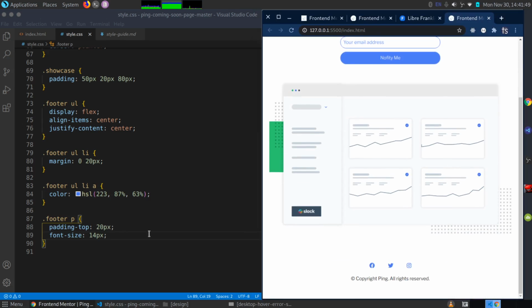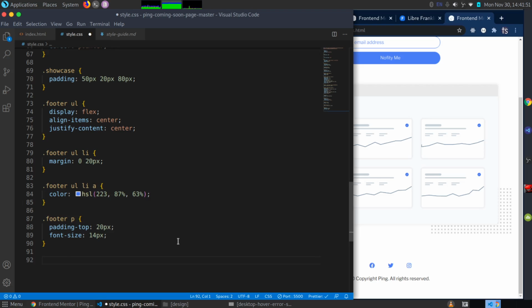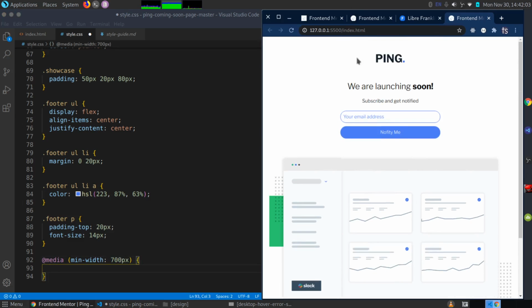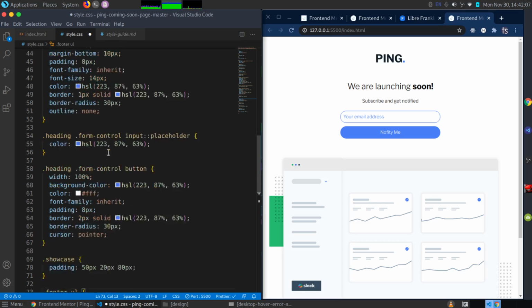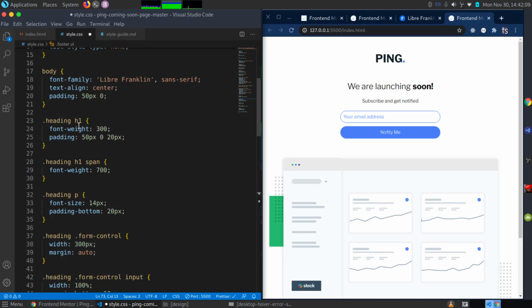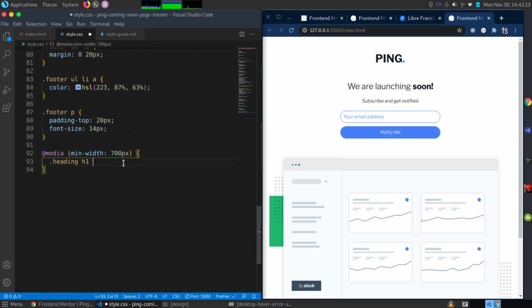So let me just begin to scale it up, and I'm going to start with a width of about this, and I'm going to say add a media query saying for a minimum width of about, let's do how much, 700 pixels. Then let me scale up this heading. Okay, the heading, where was my heading? Right here. Okay, so just to paste that there, and I'm going to say I want the font size to be 36